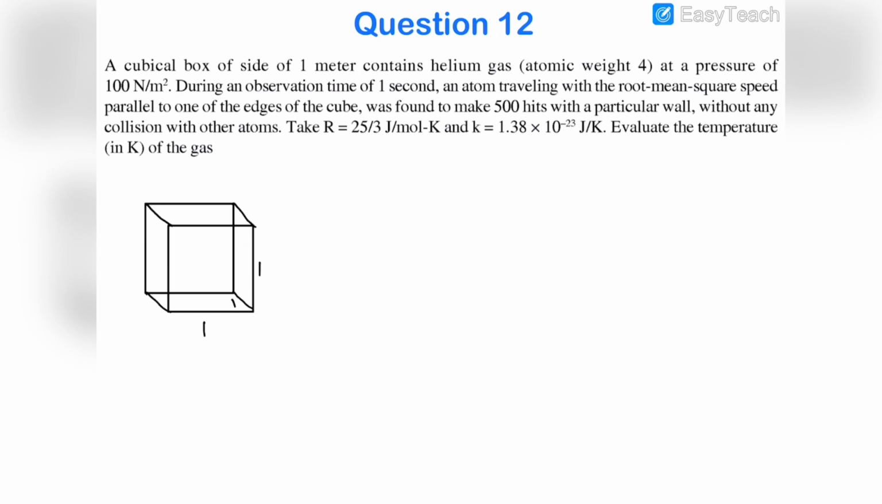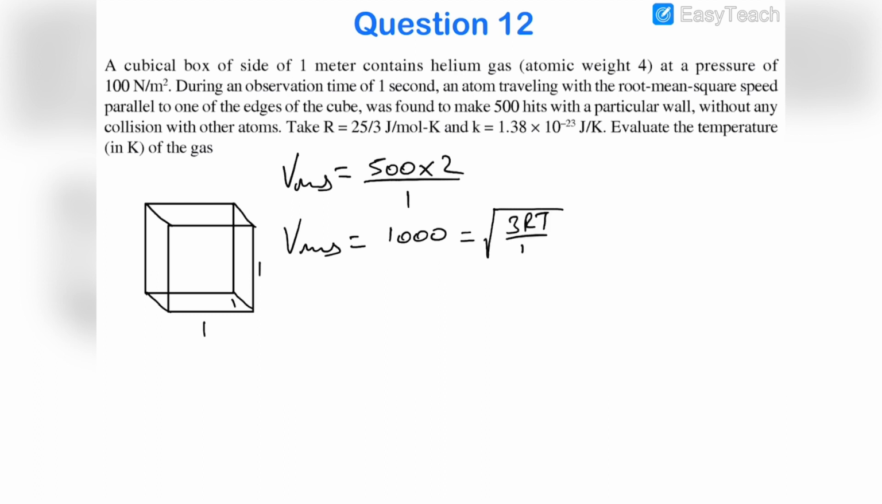So let us assume that this atom hits this wall 500 times in a single second. So to hit this wall again, it has to move a distance of 2 meters. So let us assume that the speed V_RMS, speed V, will be equal to the total distance traveled. In one collision the distance traveled is 2 meters. So in 500 collisions it would be 500 into 2 divided by the time, which is 1 second. So V_RMS is equal to 1000,